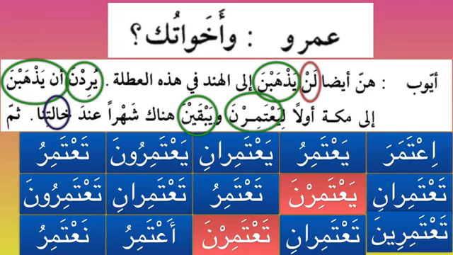So yuridna an yadhhabna ila Makkah. Awalan, they want to go to Makkah first. Why? Liya'tamirna, to perform umrah. Wa yabqayna. See, baqiya yabqa, to remain, and they want to, then they will remain hunak, over there, shahran, for a month. In the khalatina is your zarf, and we know after zarf comes your mudaf ilayhi. So khalati plus na is your mudaf ilayhi. So they will remain over there for a month